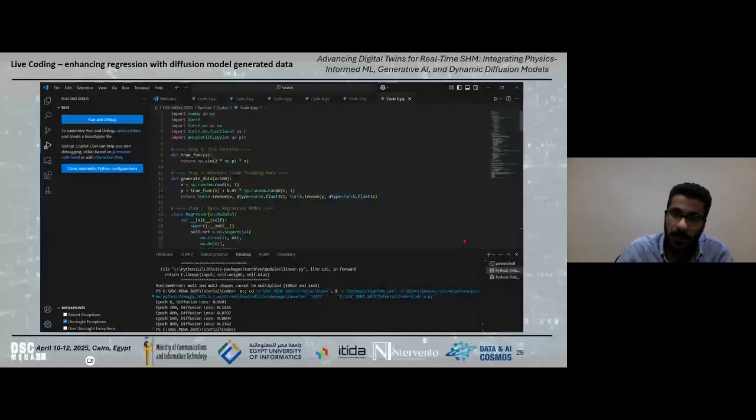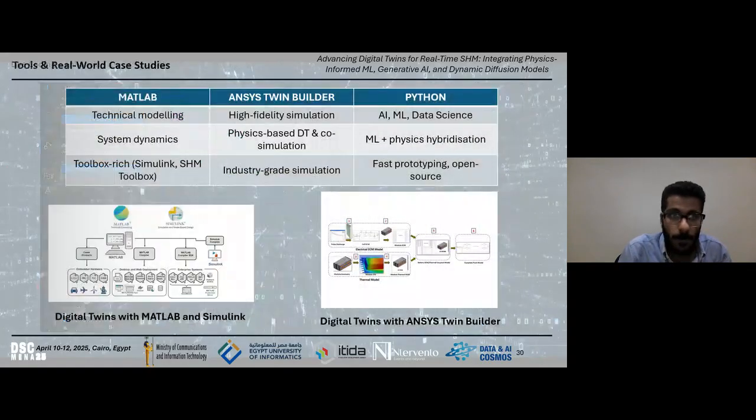But I tried to keep it as easy as I can, so as not to waste time running the code. But feel free to copy and paste the code and play with the parameters, the model architecture, the learning rate, for example, in machine learning and so on, to get a better result or to learn how to use this.